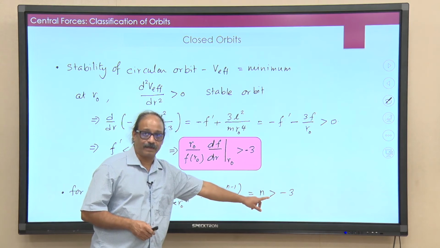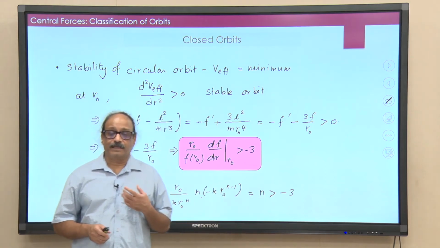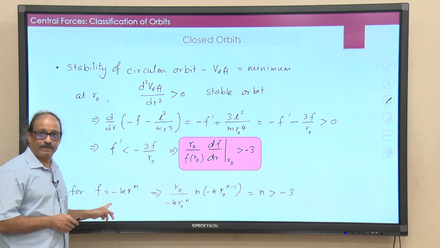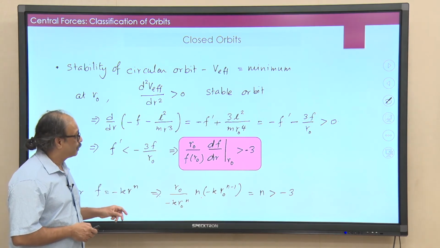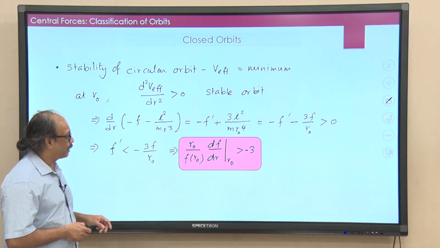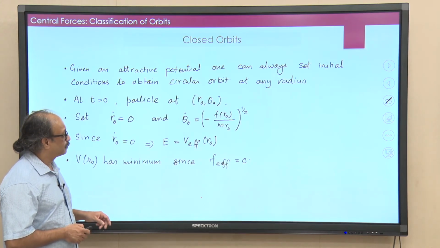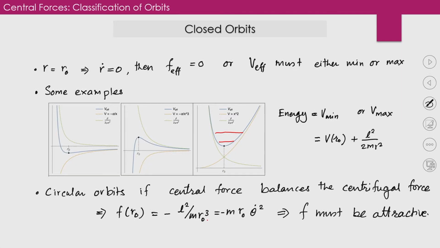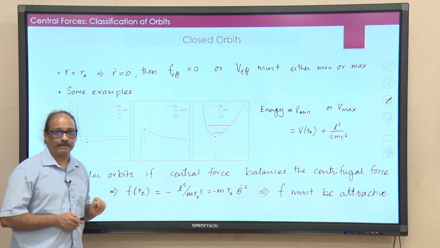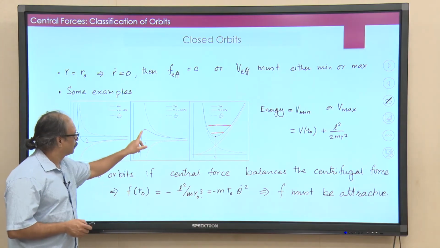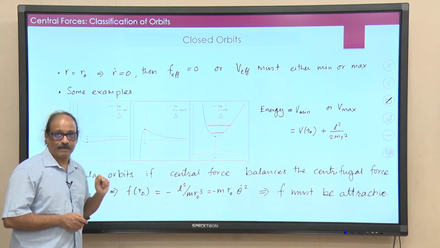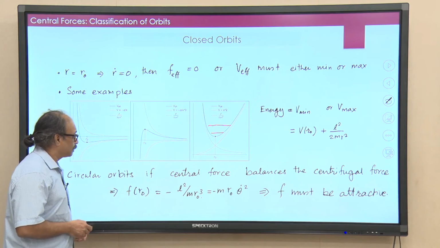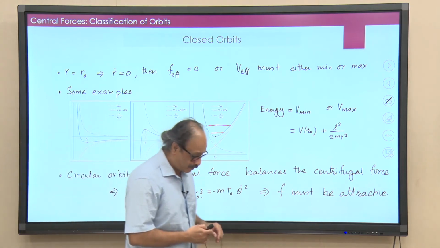Remember, this is a strict inequality, and what happens at n is equal to minus 3? When n was minus 3, what is this? This is inverse cube. If I just quickly go back into the slides and remind you, there is an inverse cube, and you see for inverse cube what you get is a maximum, and you know that for this particular point I am not going to get the stable orbit. Okay. So, this is how you get stable